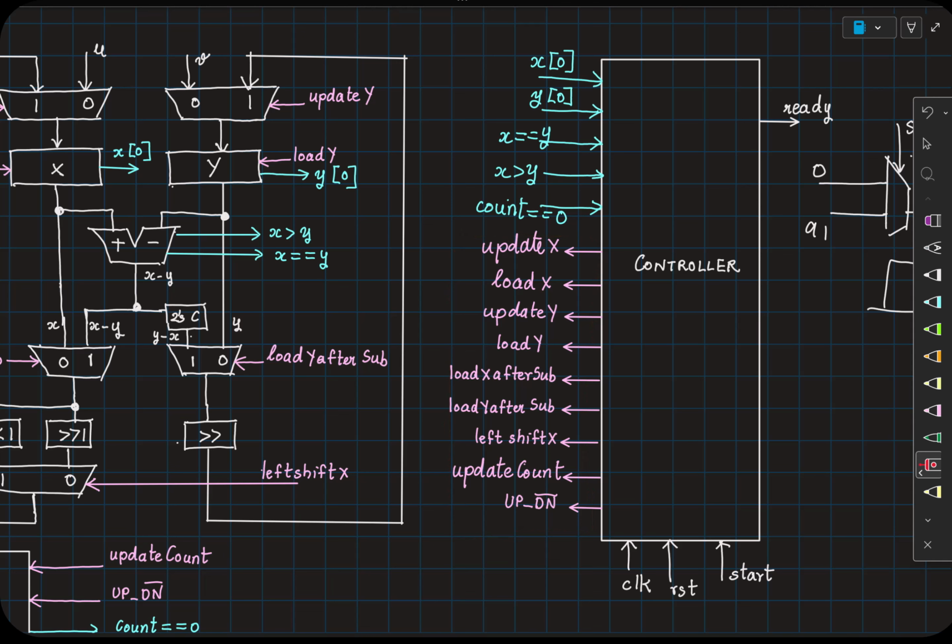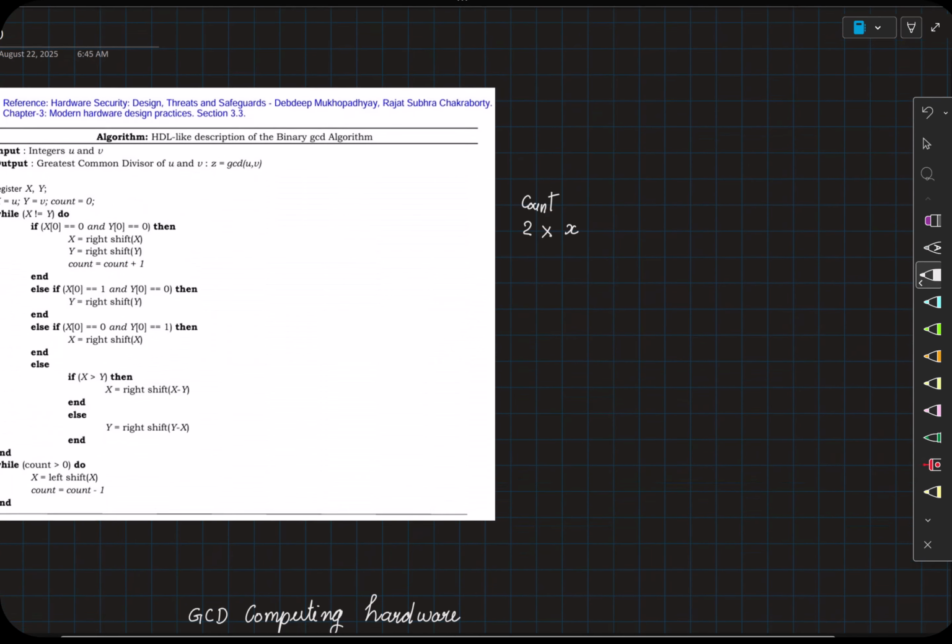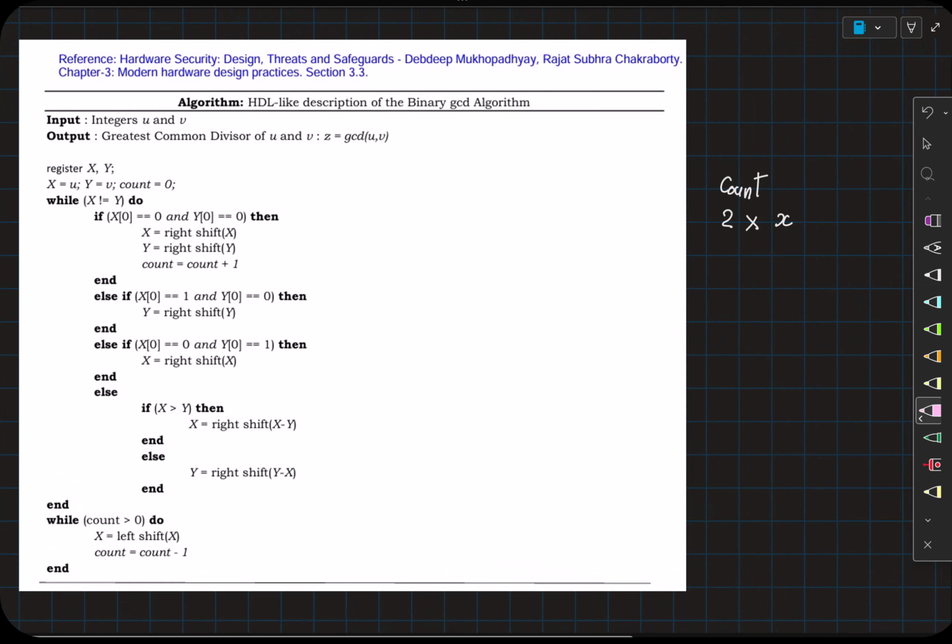Okay, and then we started looking at how to write a state machine for this. Our first approach here was to identify what are the states that we want to infer from this logic. So we started with a reset state. This is to reset the values to 0. Then we said we will have a start state. So when we move from the reset state to the start state, in the start state, we are going to load the values of u and v to x.